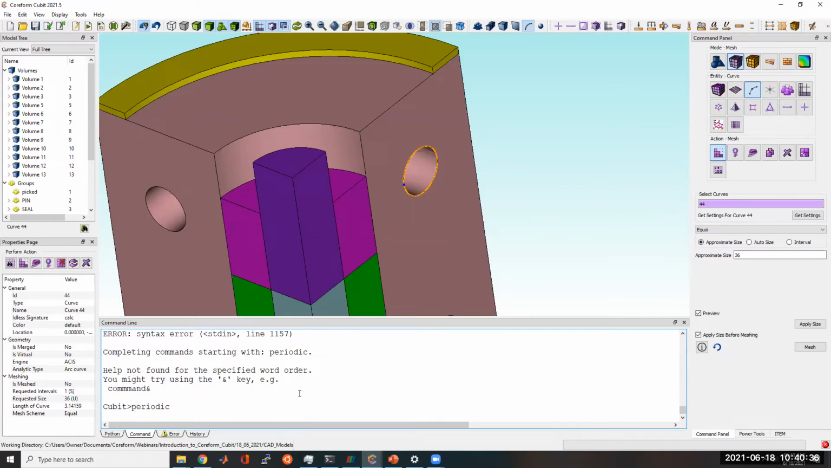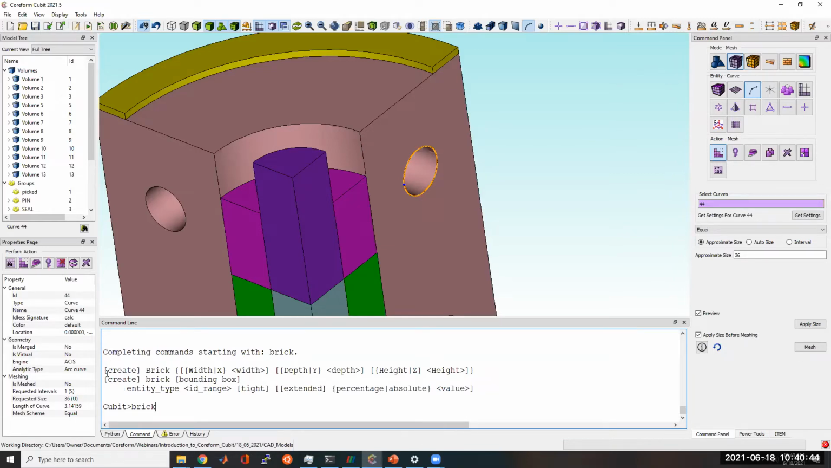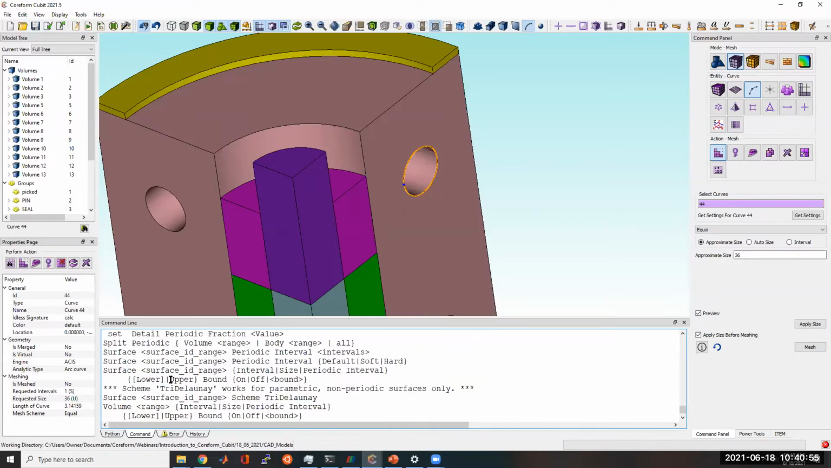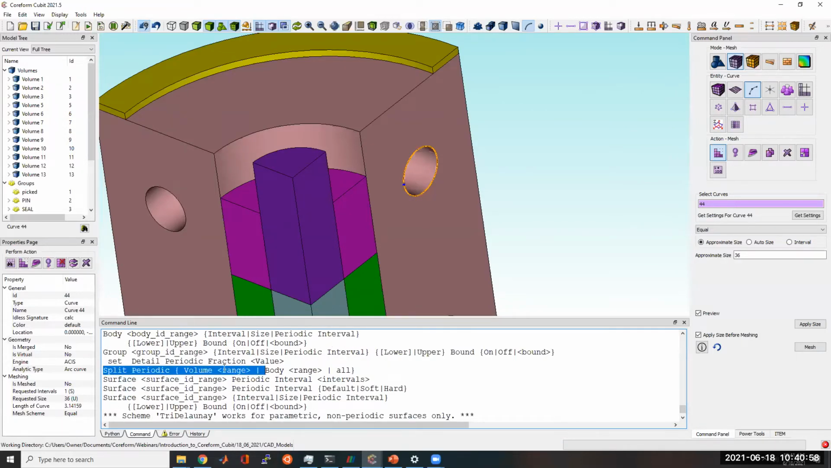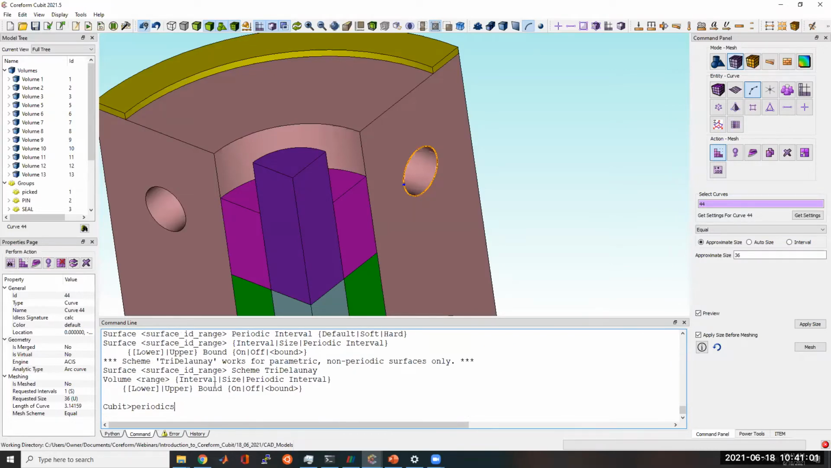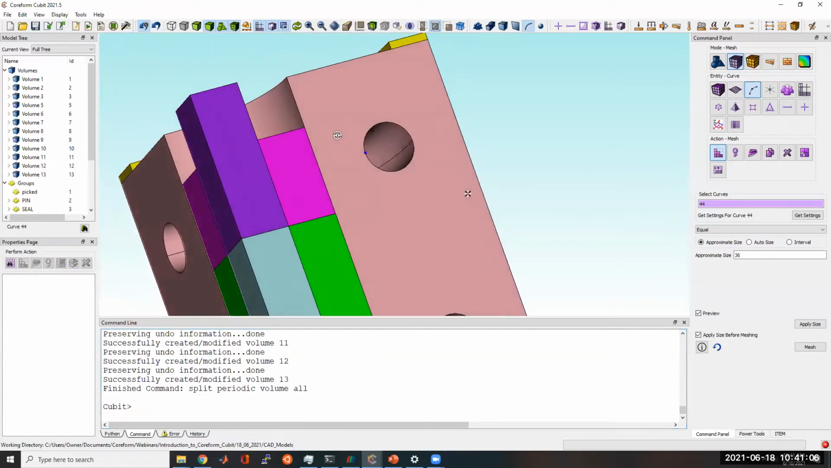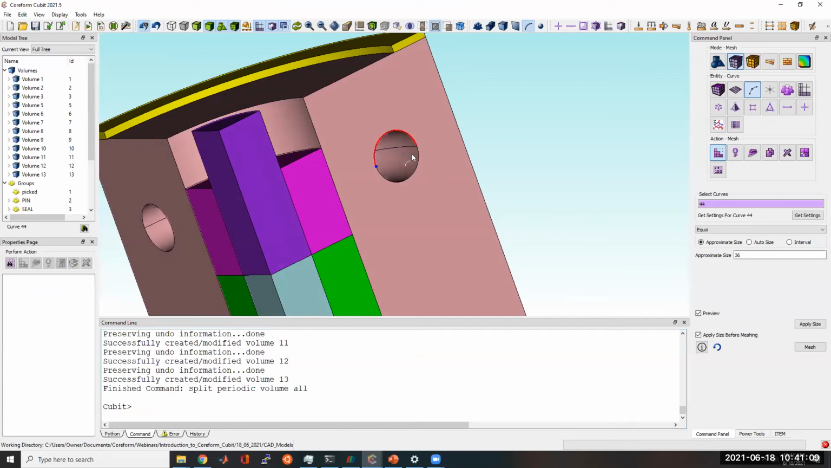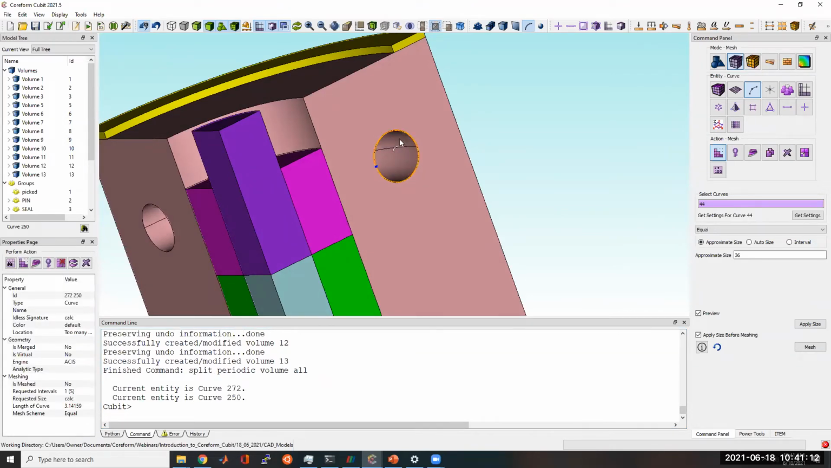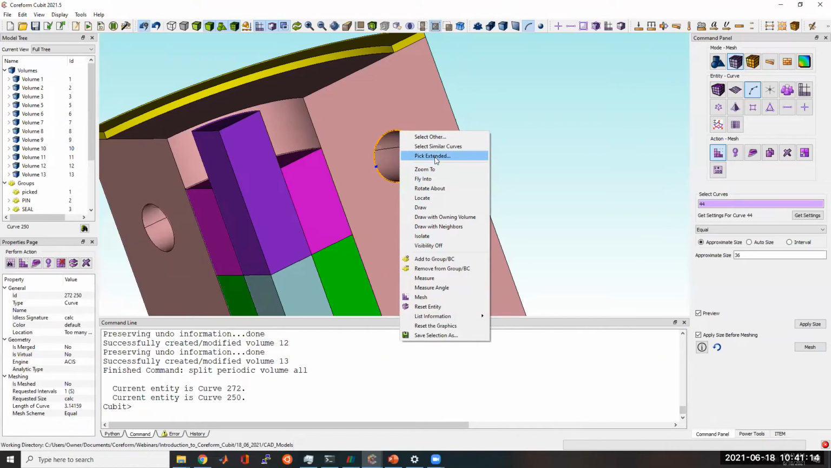This is something that's a useful feature in the command line: if you type any command and a question mark, it'll give you commands that start with that option, or you could type an ampersand and it'll look for any commands that have it in there. So for this case, with periodic, I can do an ampersand and find where I can split periodic, which is what I want. That's a useful little feature of Qubit. And so you can see it's now split these circular curves so that I've got multiple surfaces. So this is going to be a little bit better for